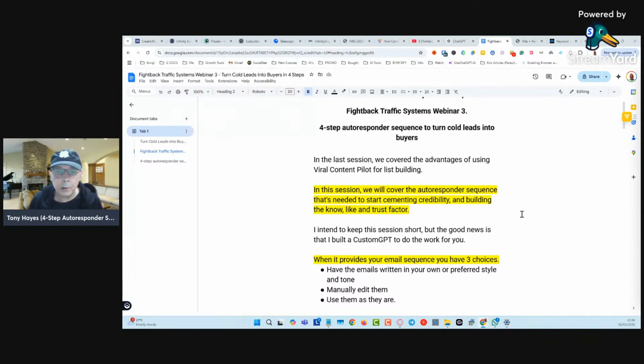So in the last session, we covered the advantages of using viral content pilot for email list building. I'm putting together some blog posts and things so that we can put all of these sessions in one place.